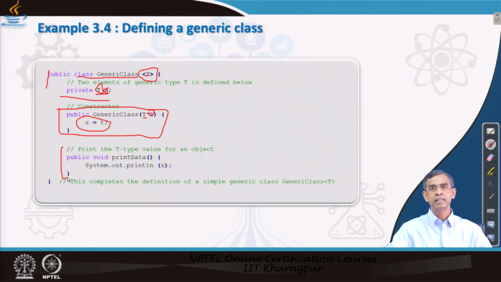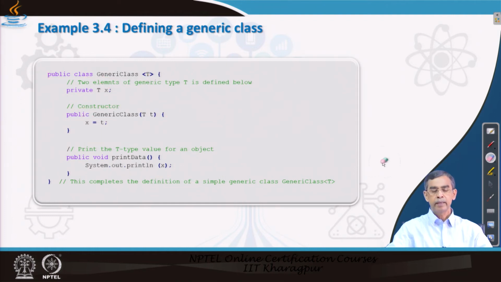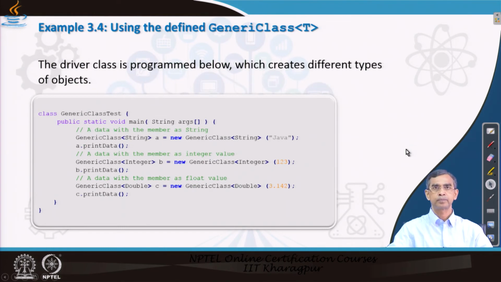In this case, we just give an example of a simple method to print all the elements which are stored in X. So the print method will print the elements which are stored there in X. So this is the simple way that a generic class is declared in this example, and now let us see how we can utilize it.